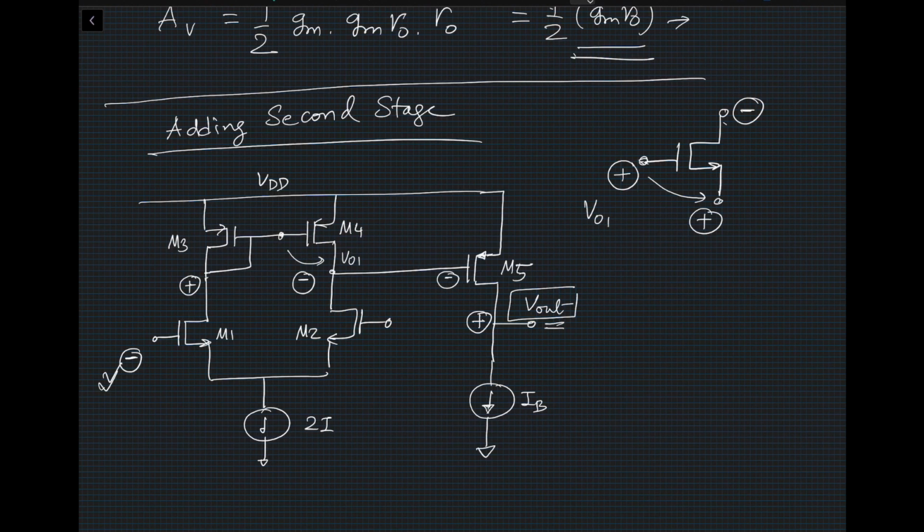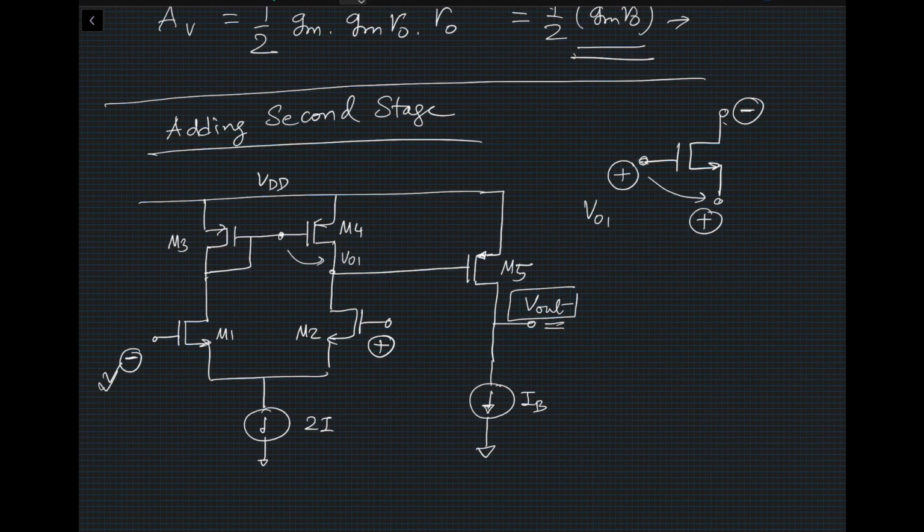And similarly, I can do it for the other input. We'll have to do a few examples so that you get familiar with it. If this is the positive input, then the drain of M2 will be negative, and so the gate of M5 will be negative, which will give me positive at the V out. So definitely this is a positive input. It's basically taking care of inversions. So quickly, how do you tell which is a positive input and which is a negative input?